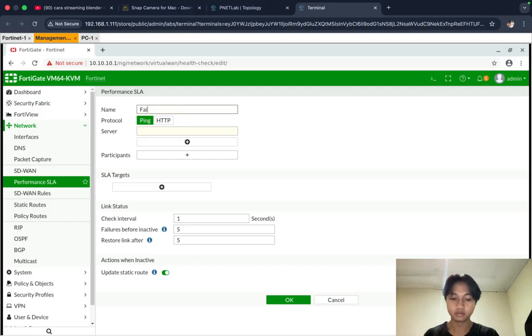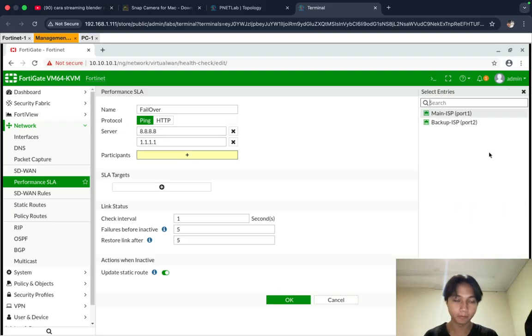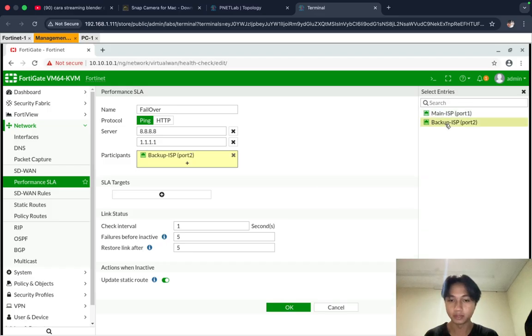This is for failover, protocol ping, server at 1.1.1.1 for the participant. I will choose the backup. For failures before inactive, I will choose 3 times, and for restore link after, 1.